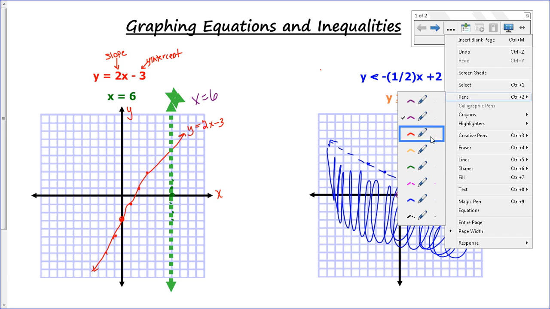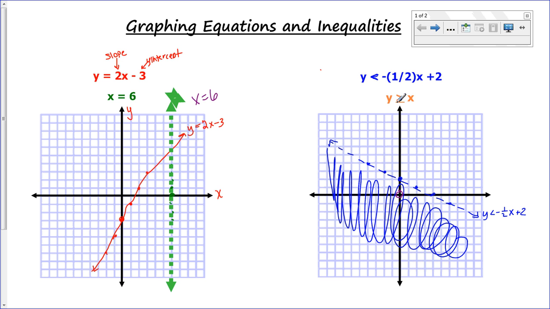All right, so one more inequality here. y is greater than or equal to x. Well, even though it doesn't look like it, this is technically y equals mx plus b form, where you can think about this as 1x plus 0. So my slope is 1 and my y-intercept is 0. This is the same as that. So I have to start at the origin, and I have to go up 1 over 1. So I'm going to draw this,